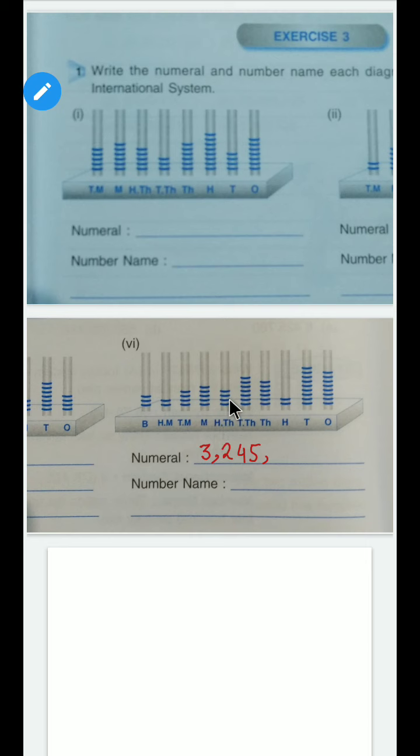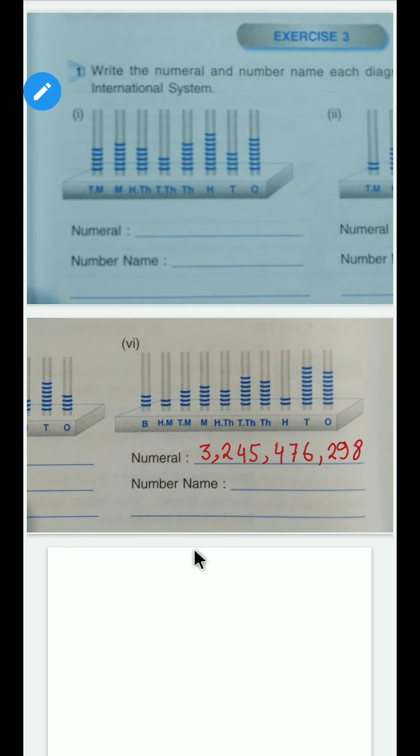Then 100,000 place 1, 2, 3, 4. 10,000 place 1, 2, 3, 4, 5, 6, 7. Then 1000 place there is given 1, 2, 3, 4, 5, 6. Then one type of room is covered. So you have to put here a comma. Then 100 there is given 2. 10 there is given 1, 2, 3, 4, 5, 6, 7, 8, 9. And in one room there is given 1, 2, 3, 4, 5, 6, 7, 8.